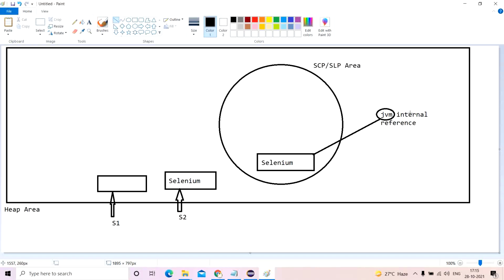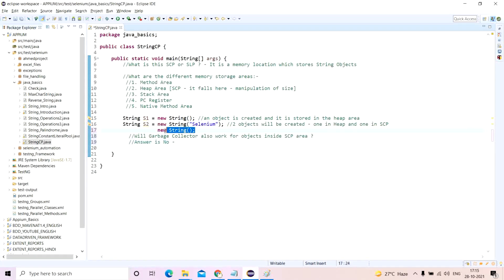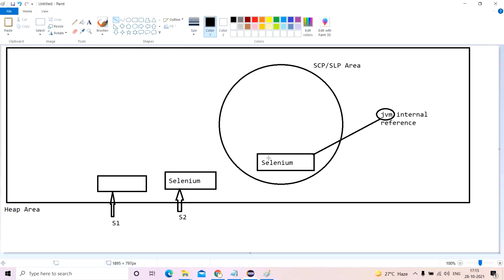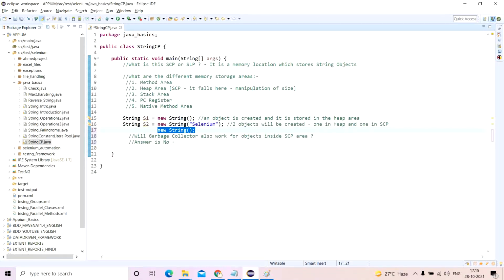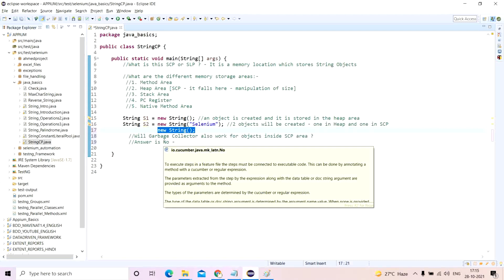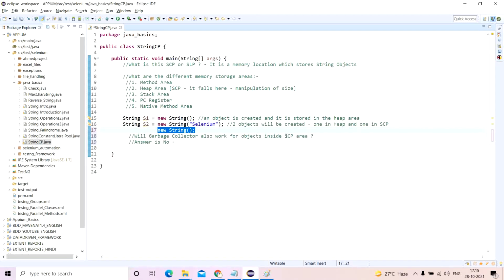In a scenario like the heap one, the garbage collector will delete the unnecessary data, but here it will not. So the objects created inside the string constant pool or string literal pool do not fall under the category of the garbage collector, even if they are not being used, because they will not be deleted.